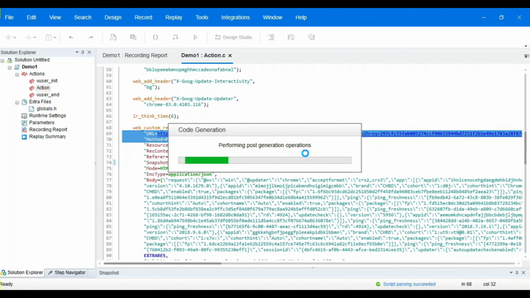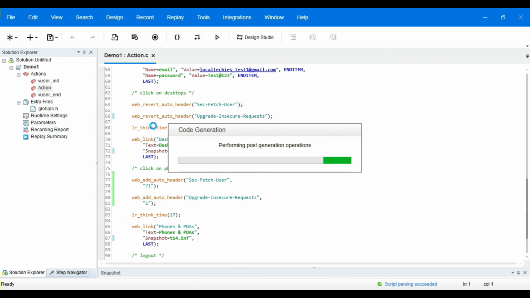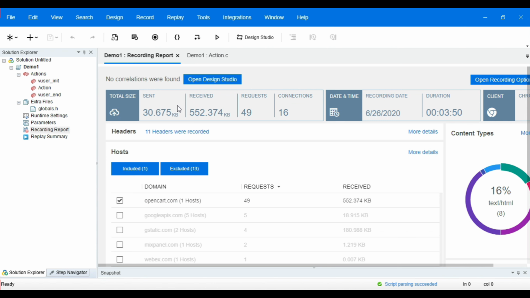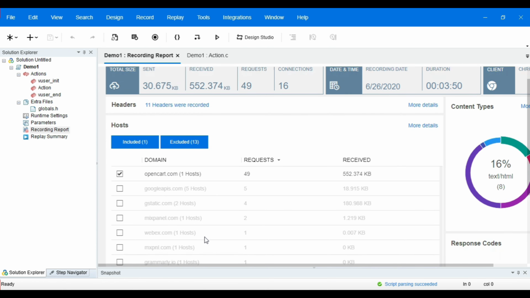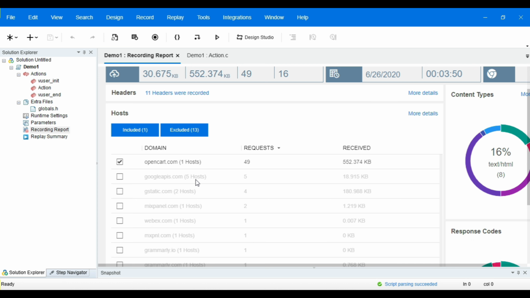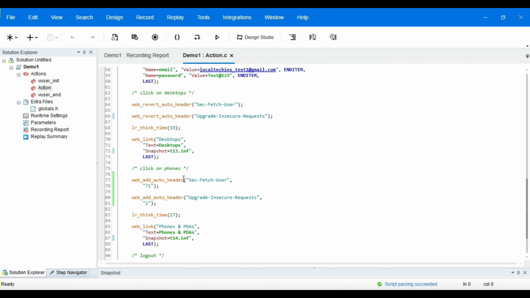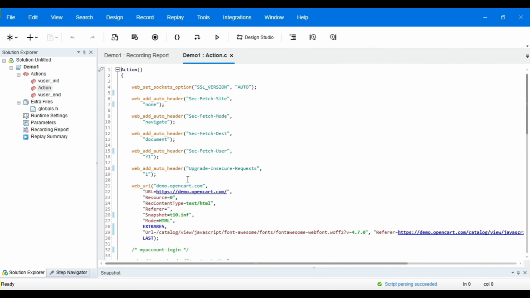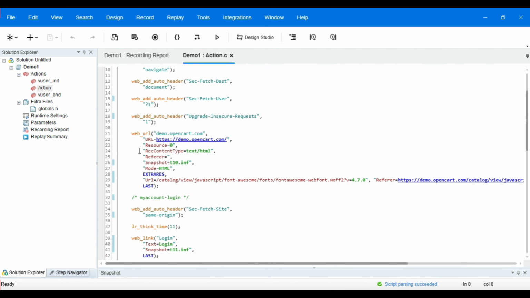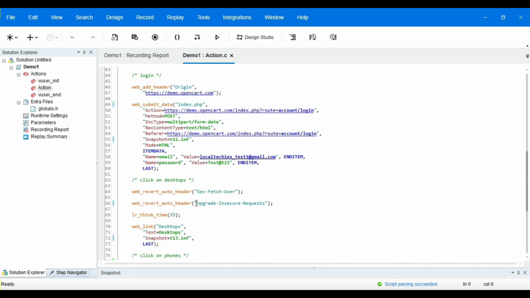Now it's performing post generation operations. Now my regeneration of script is done and my recording report has opened again. Here can you see googleapis.com has been excluded. Let us check it in our script here. All the headers and the functions which were pertaining to googleapis.com have been filtered out.